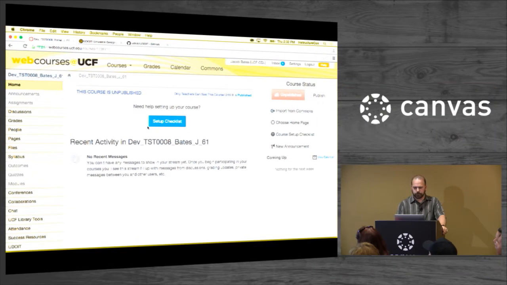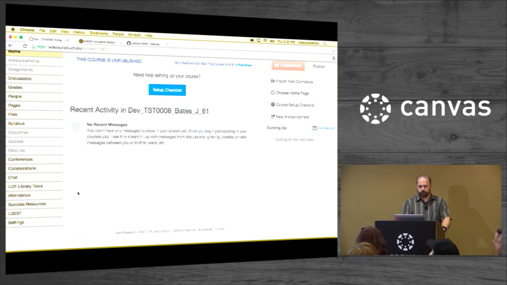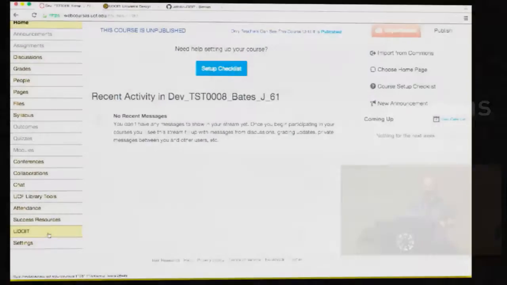So let me go over to the thing here. So this is what we call web courses at UCF. It's just our branded version of Canvas. UDoIT shows up as an item in your course navigation that the students can't see. We always get that, oh God, the students are going to see it. No, the students can't see it. It's only for